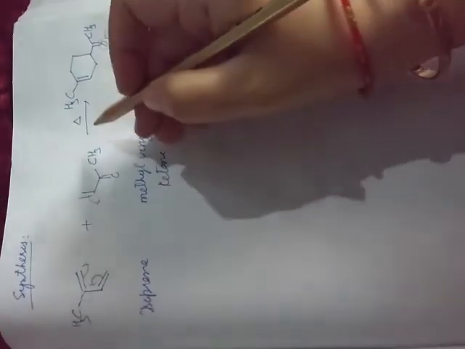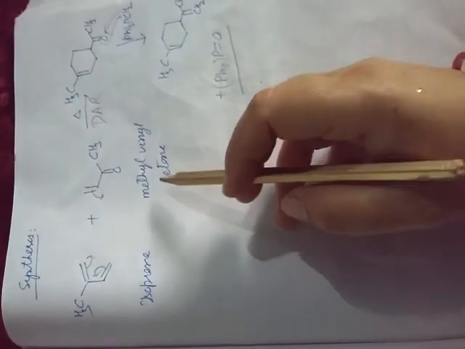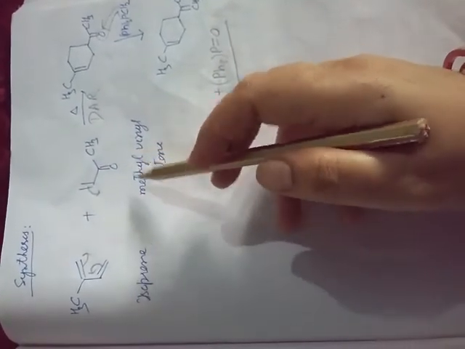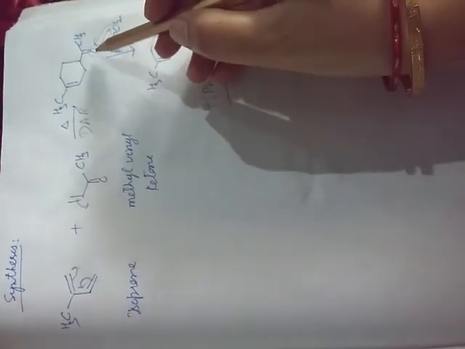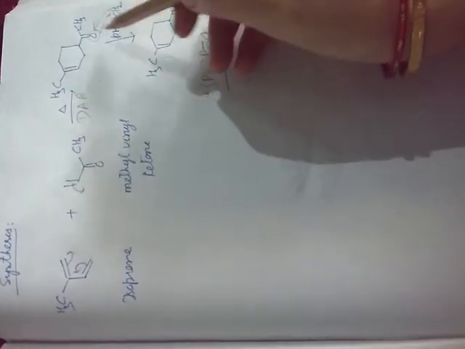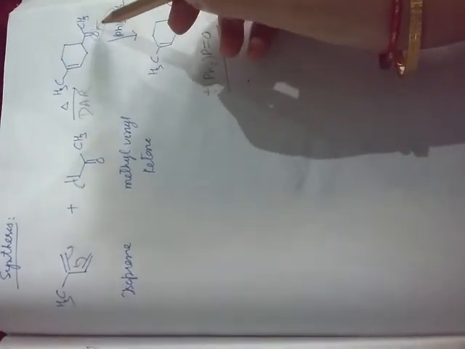And finally the structure is confirmed by the synthesis. A very simple synthesis is a Diels-Alder reaction, DAR, and in this reaction isoprene reacts with methyl vinyl ketone, and this is a 4+2 addition, it gives this one, and finally we replace this oxygen with CH2, and we know that for the exo CH2 there is a very good reaction known as the Wittig reaction. They go for the Wittig reaction and finally got this limonene.